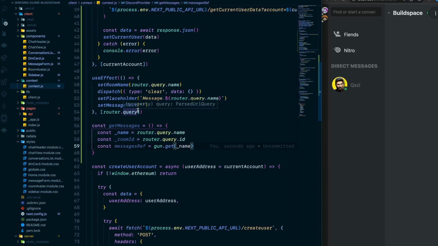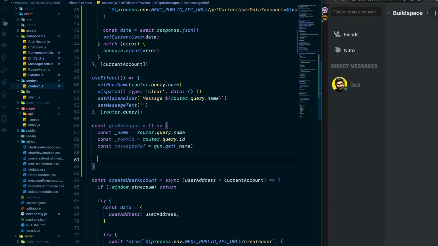In the get messages function, I'm going to be querying for 3 things and storing them into the variables right here. I'm going to be querying the name and the room ID. I'm also setting up my messages ref again and getting all the messages in reference to, okay? After I set up those variables, I'm actually going to map through the messages and I'm going to add all of this data onto here. All right, I'm going to add who the sender is, the content, the avatar, the created at, and message ID. Okay, once I set up those variables, I want to go down to line 61 and just type in